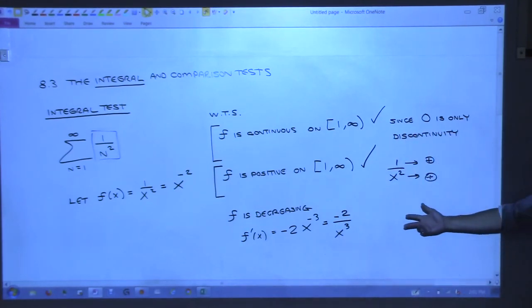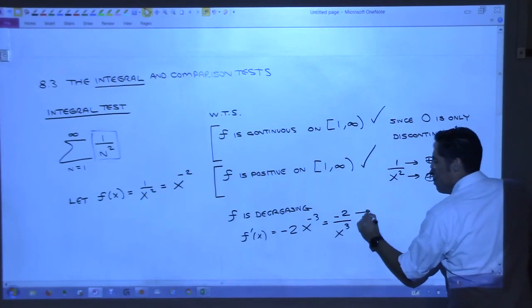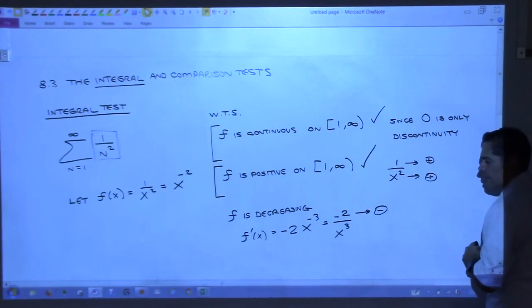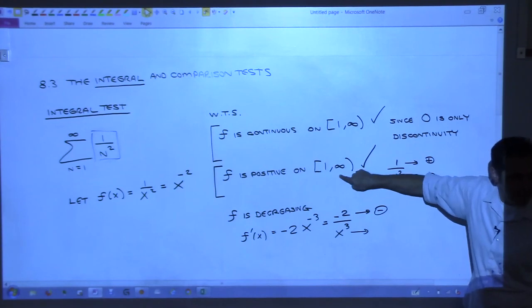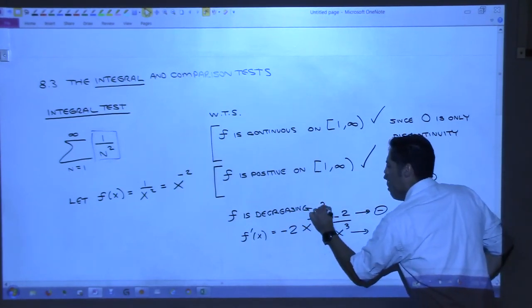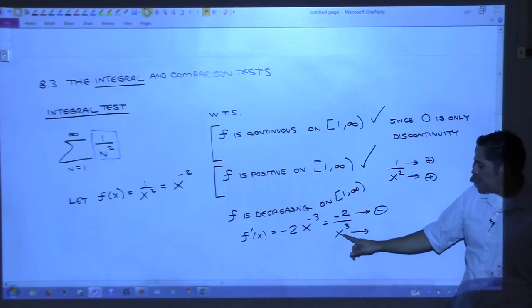Now, how do I know that that's always negative? Well, that number is always negative, right? And how do I know that that number is always positive? I'm only going from 1 to infinity, right? So, sorry, decreasing on 1 to infinity, right? This could actually be a negative